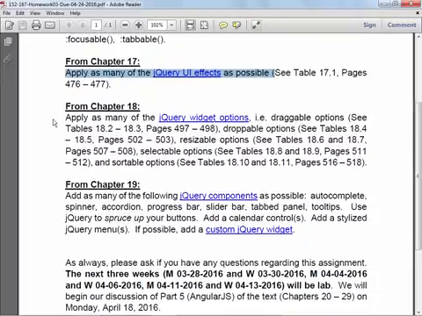What we'll talk about in the next class, but just so you see this now, chapter 18 is going to talk about different ways you can do draggable, droppable, resizable, selectable, and sortable things. So I asked you to go in and try to look at some of that stuff. And then finally from chapter 19,